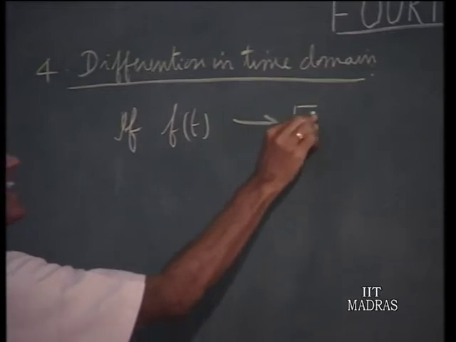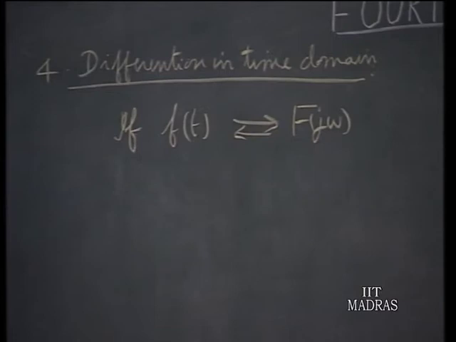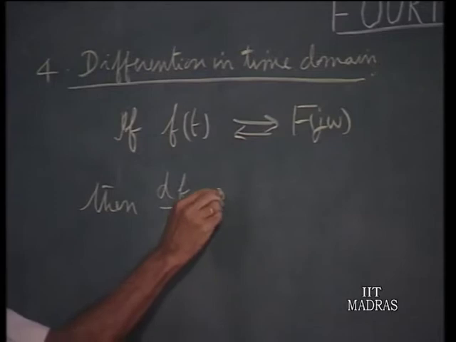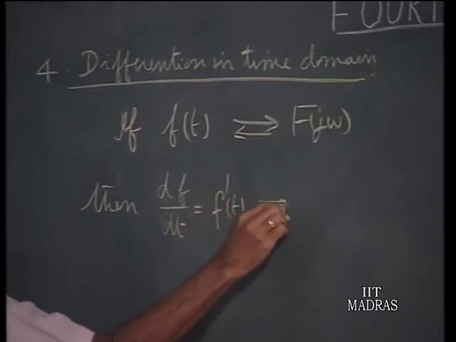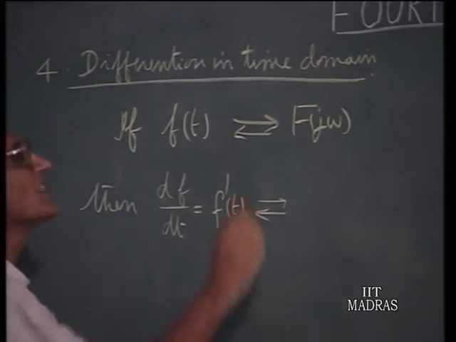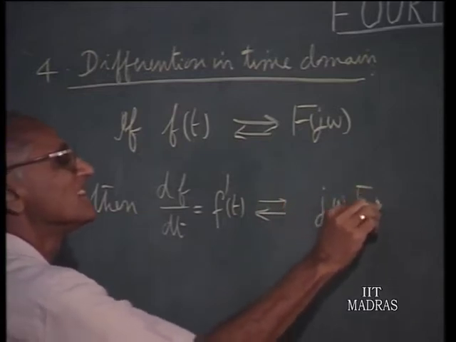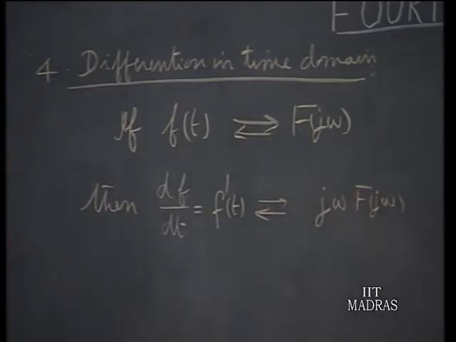If f of t and F of j omega form a transform pair, then this particular property tells us df by dt, which we may like to call f prime t, has its Fourier transform, which is obtained from the original Fourier transform by multiplying by j omega. That is all. So, differentiation in time domain corresponds to multiplication in transform domain by j omega, and this is one